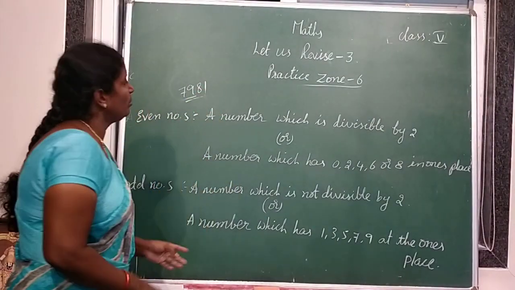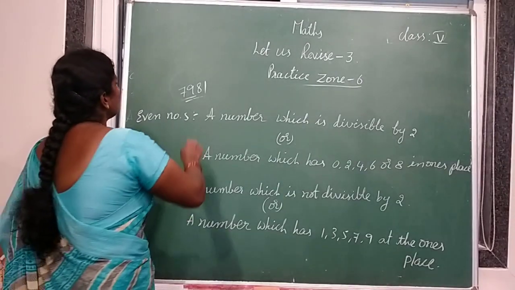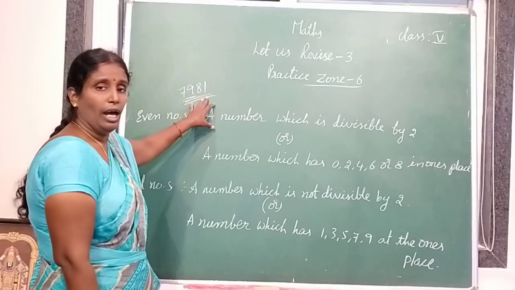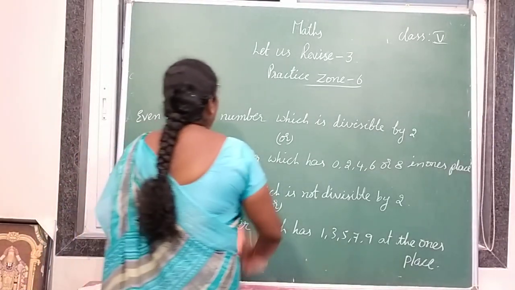Now, is it an even number? No, because it is not divisible by 2. So it is called an odd number. Okay, children. Next,